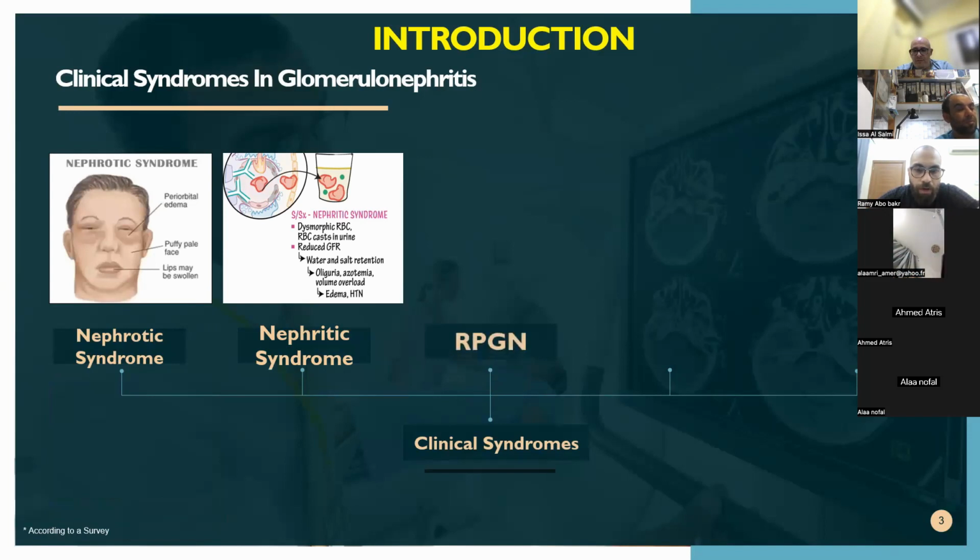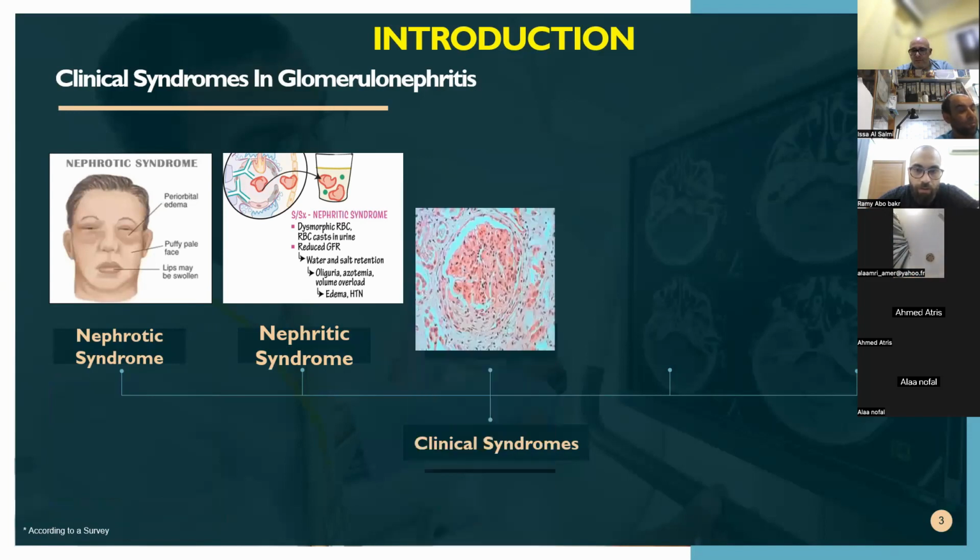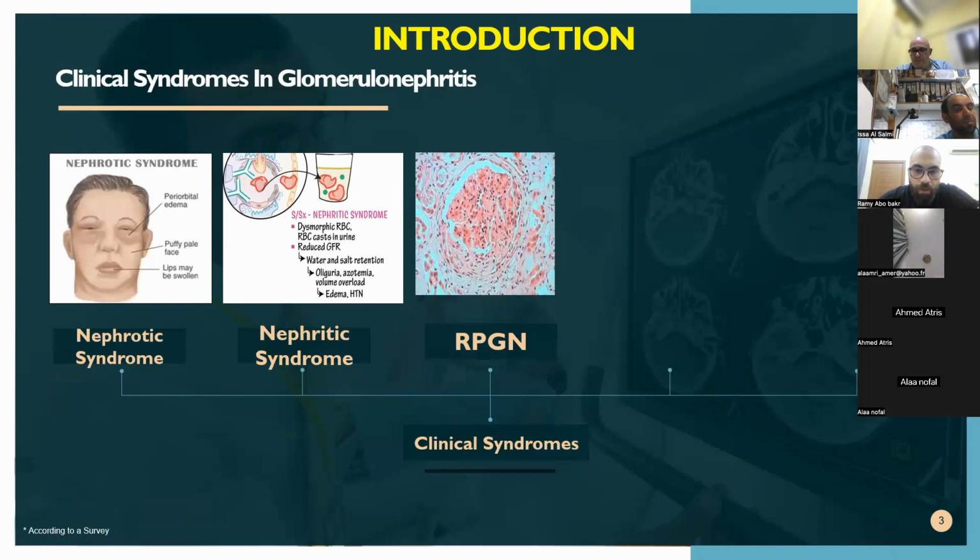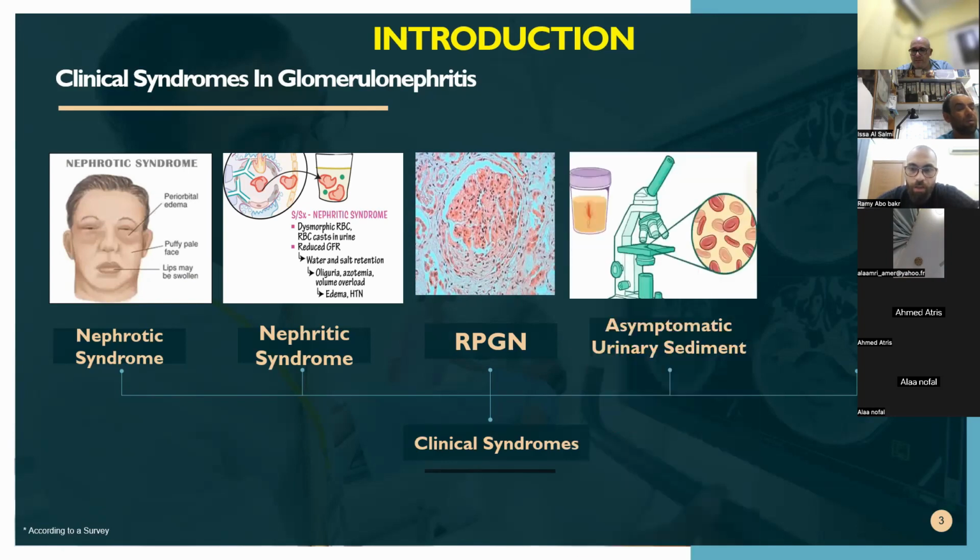And we have what is called the rapidly progressive glomerulonephritis, which is called crescentic GN, in which the patient will present with a rapid deterioration of GFR in days or weeks. And if you don't treat your patient, he will soon reach end stage. And also we have what is called asymptomatic urine sediment, in which our patient will discover an asymptomatic abnormality in his urine, like proteinuria or hematuria, without any clinical presentation. And we have also what is called chronic glomerulonephritis, in which a patient will have symptoms or signs related to